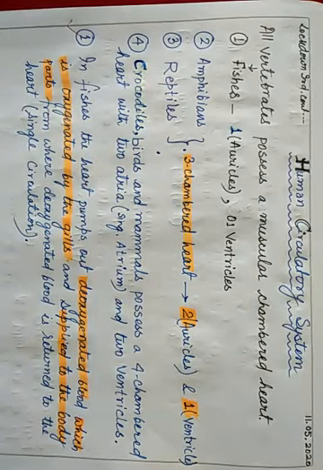Means here what is happening? Here, from the heart, deoxygenated blood is going to the gills. In the gills, gaseous exchange will happen with the help of the dissolved oxygen present in the water, and carbon dioxide will be released in the water, isn't it? After that, the blood will be oxygenated, and that oxygenated blood will supply oxygen to the different parts of the body, isn't it? And after that, the deoxygenated blood will again come to the heart. So the heart will always get deoxygenated blood, and the heart pumps out deoxygenated blood to the gills.